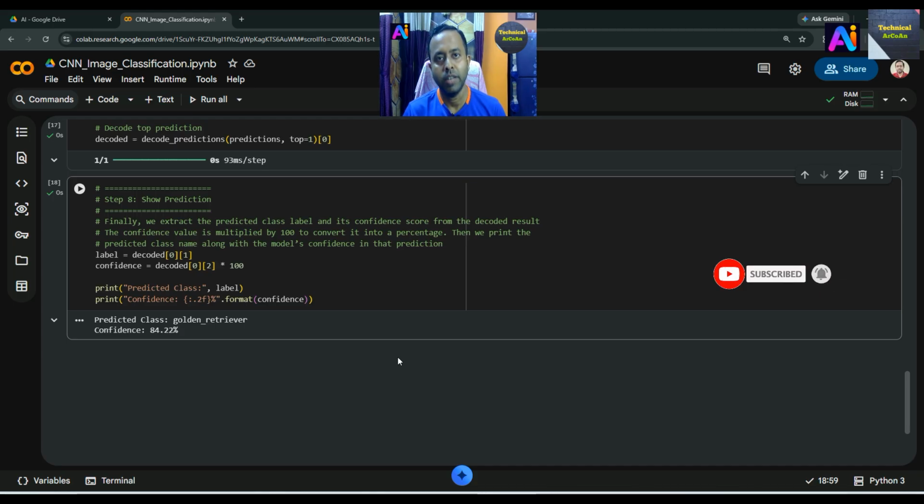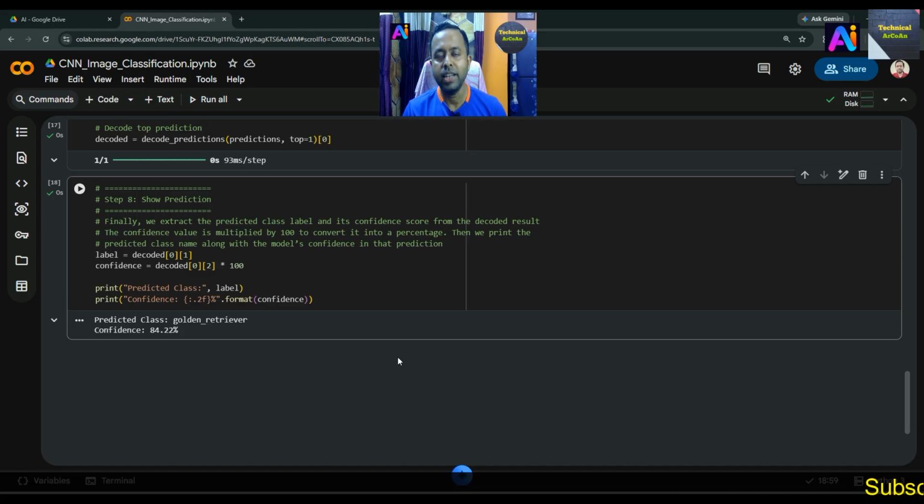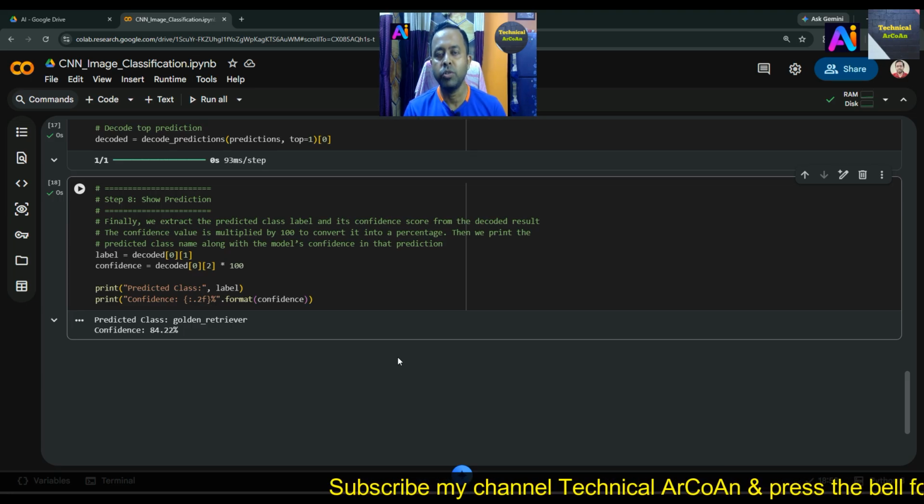84.22%. I hope you have understood how CNN works and how a CNN model is used to classify images using